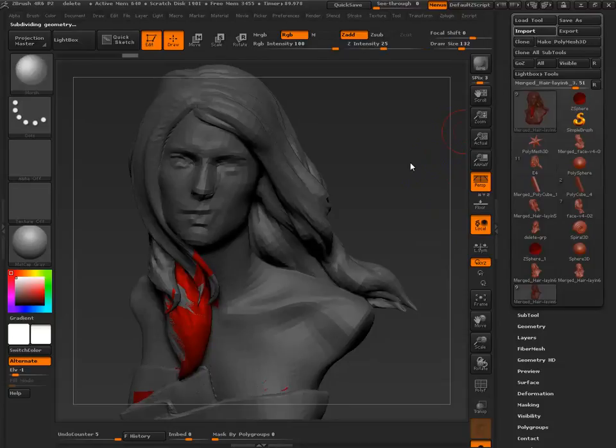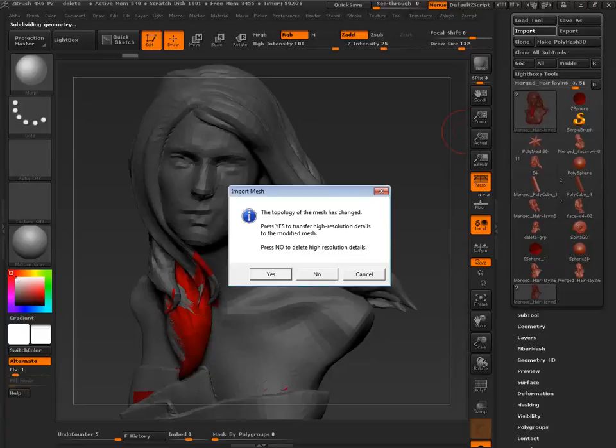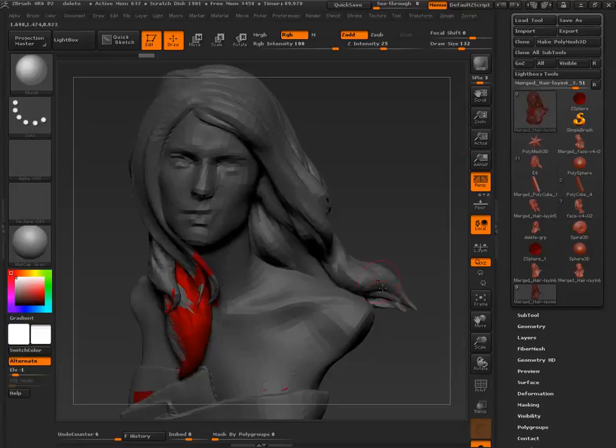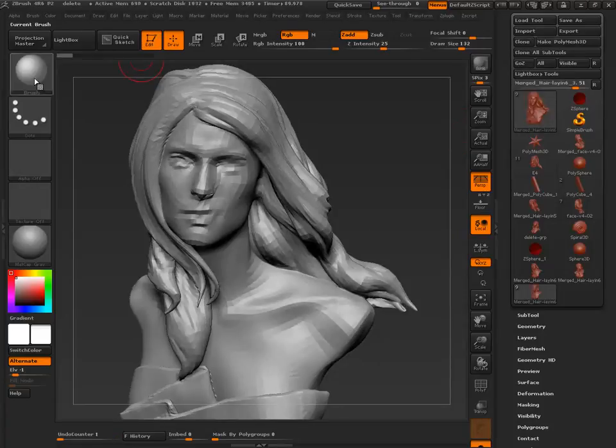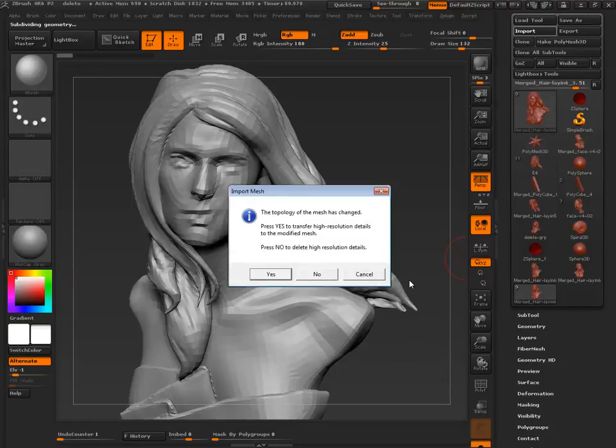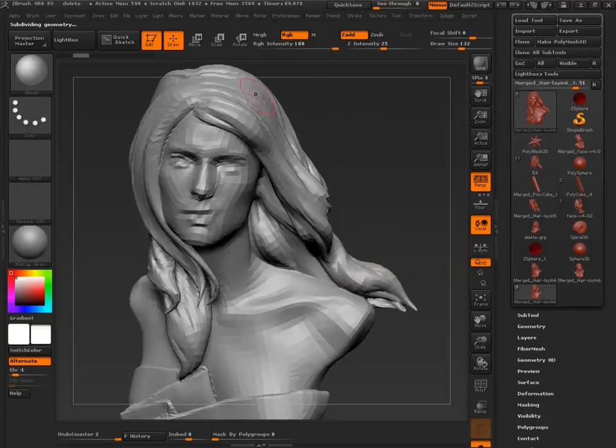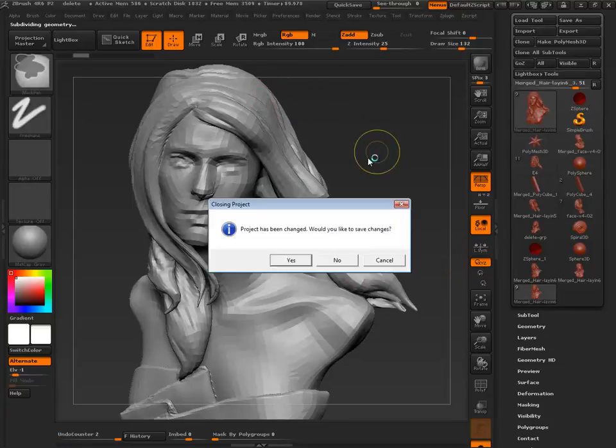Let's import, let's say delete new, I think had some. No! What's changed? It's possible that it completely got rid of my undo history on that model. So let's just load this again.